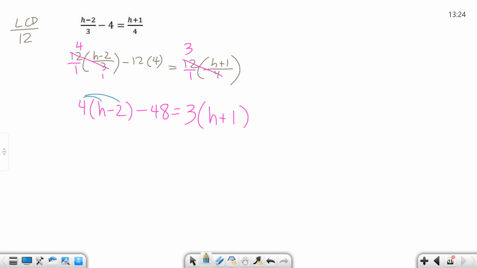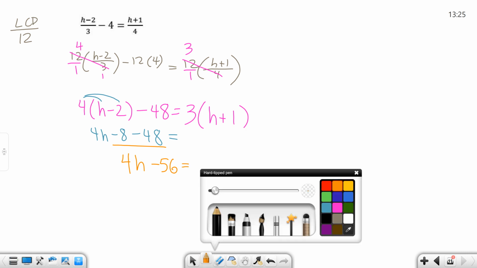So then here we're going to distribute. We're going to say this is 4h minus 8 minus 48 equals, right? Because we got work to do on the left-hand side. Not worried about the right-hand side right now. Just do the left-hand side. And then over here, I can say, okay, put those together, 4h. 2 negatives means it's going to stay negative, and you add them together. 8 plus 48 is 56 equals,